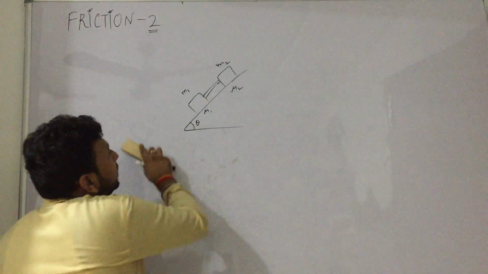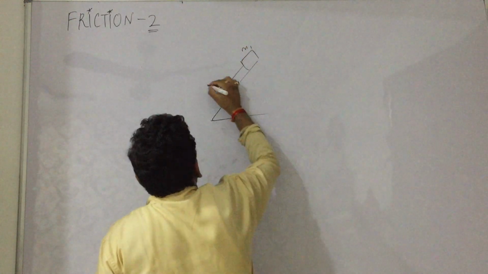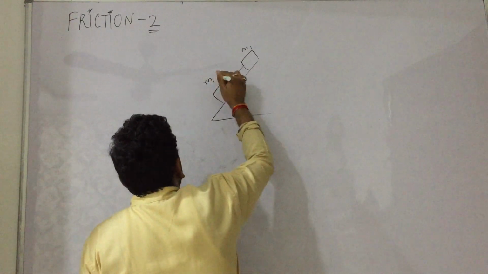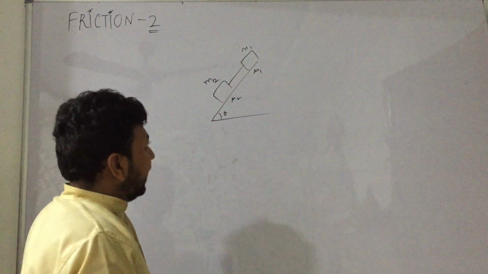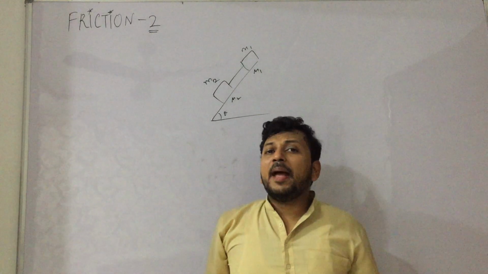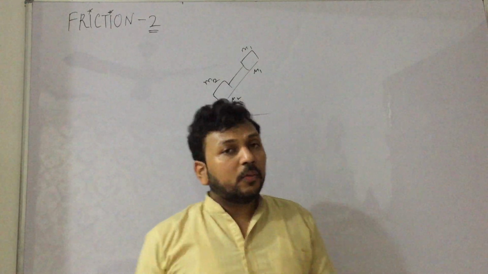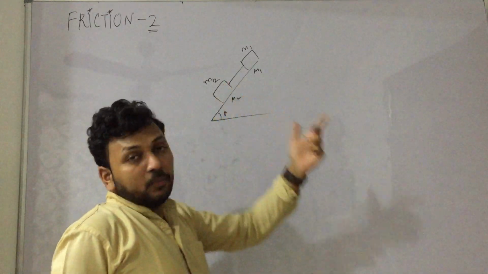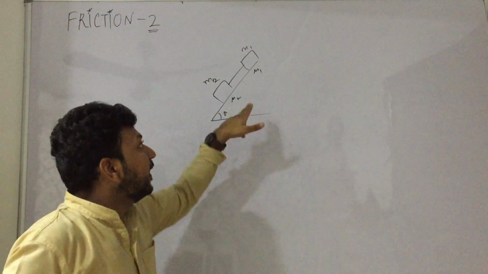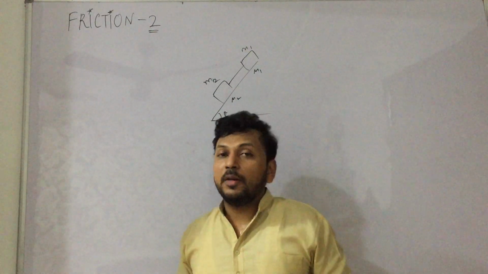Okay, so this is one thing. Similarly, consider another case when there is a string. There is a string m1, m2, mu2, mu1, theta. This is a string. Now consider the case mu1 is equal to mu2. So in that case there will be no tension, acceleration will be same because mu, theta and g have become same. Okay. Now consider second case, if mu2 is say smaller, mu2 is smaller. So it is trying to move fast, it is trying to move slow. That means there will be tension in the string and ultimately both will come together.